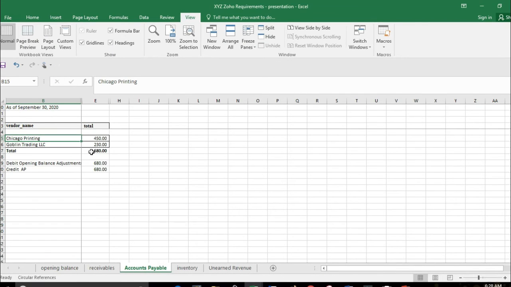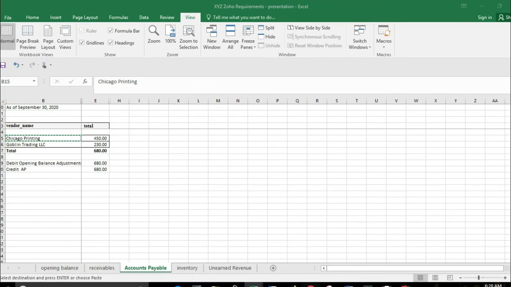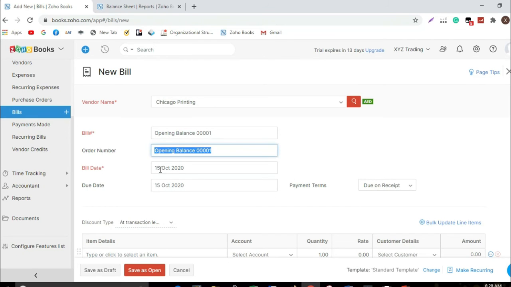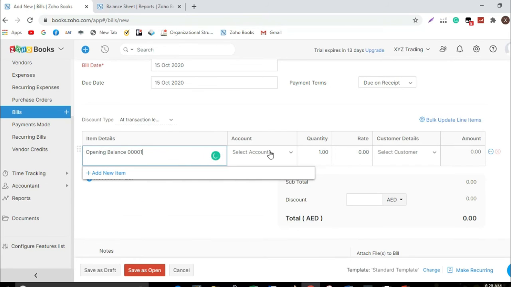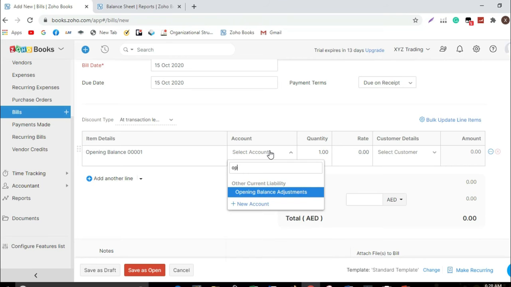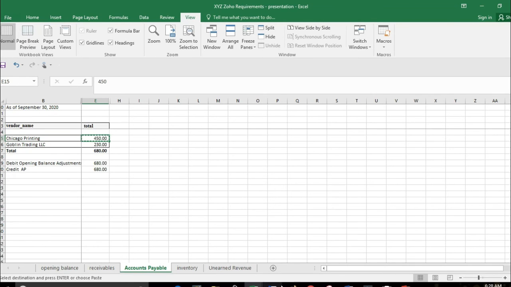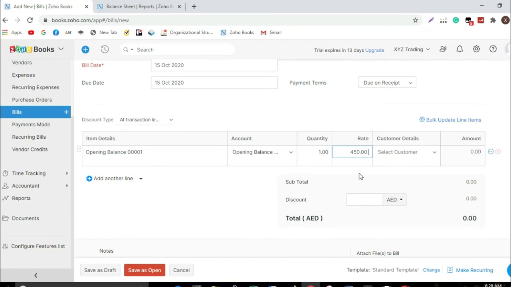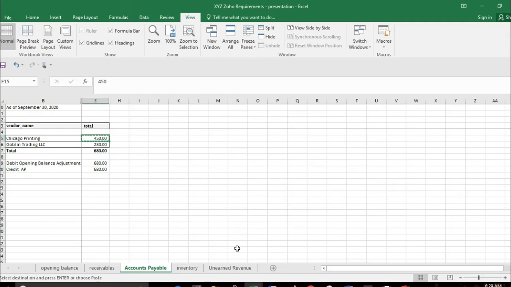The existing purchase order you have submitted to the supplier, you can convert that to a bill. But since this is a new accounting software, we don't have an option but to input it manually in the bill. No conversion will be applicable if we start with the opening balance. Okay, last one.